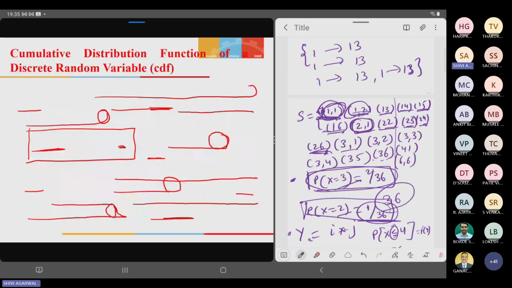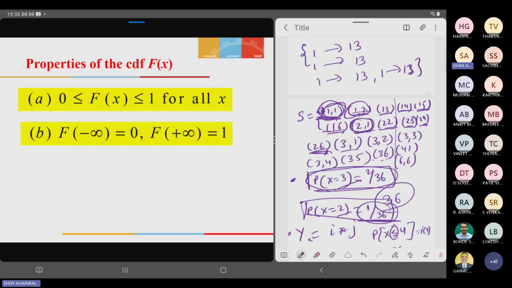Properties of fx, I will take some examples also, don't worry about it. I gave you one example, but more examples are on the slides that I will show you. The properties of CDF and PDF we have done. Probability density function, what is that? 0 is less than or equal to f(x), which is less than or equal to 1. This is small f and that is capital F. And the summation of all f(x) is equal to 1. These are the properties of